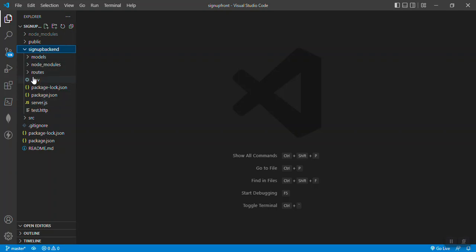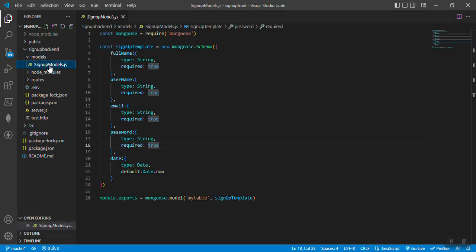For example, there is a folder for models, where inside there is signupmodel.js, which I use for the data types for the database and for Mongoose. These data types are used for the form, and whenever the user wants to add their data, such as full name, username, email and password, it has been already defined here for Mongoose as a schema for that